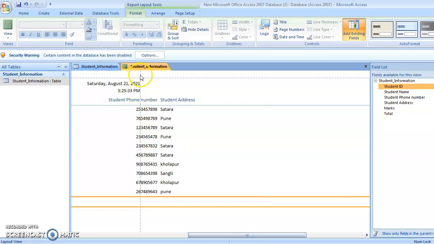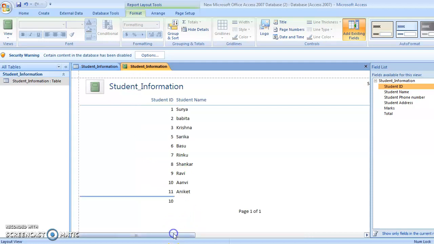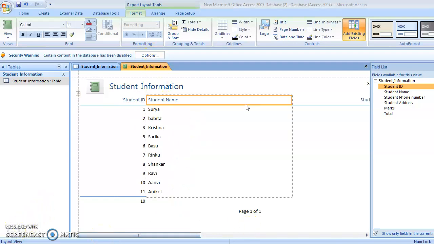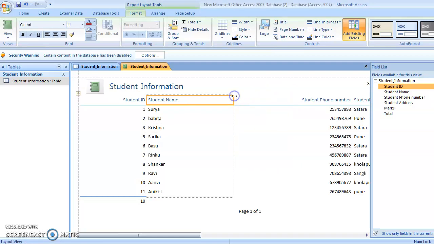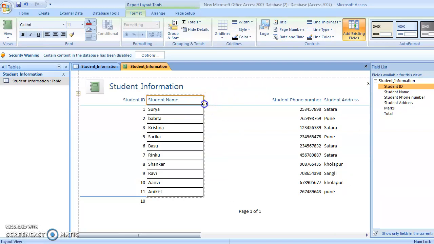So like this you can arrange your report as you want. So choose one field to view your report.